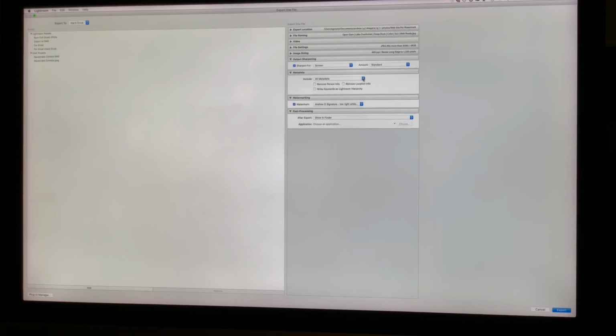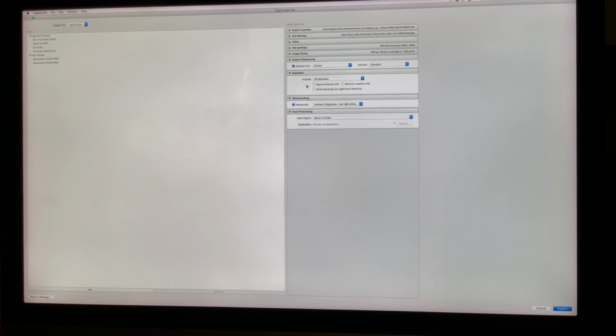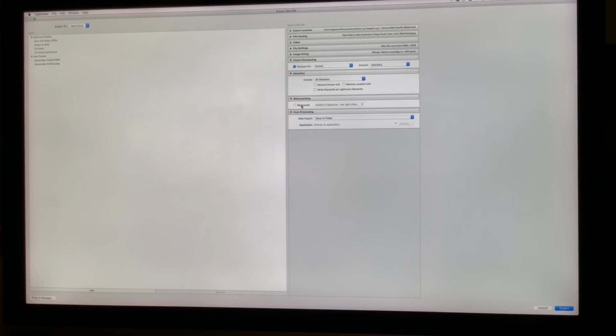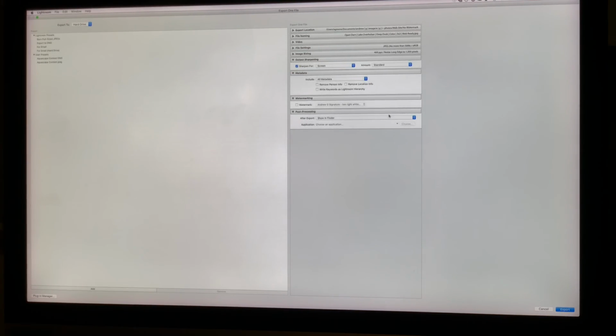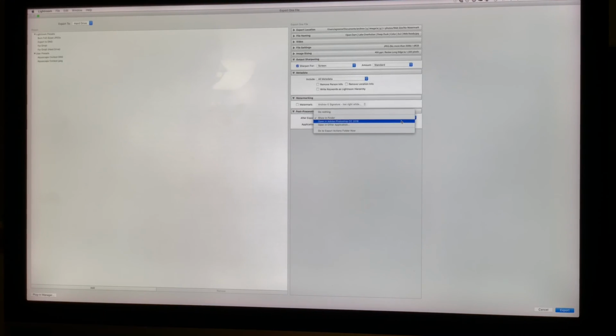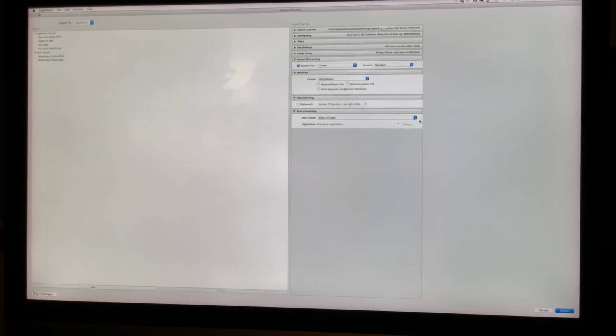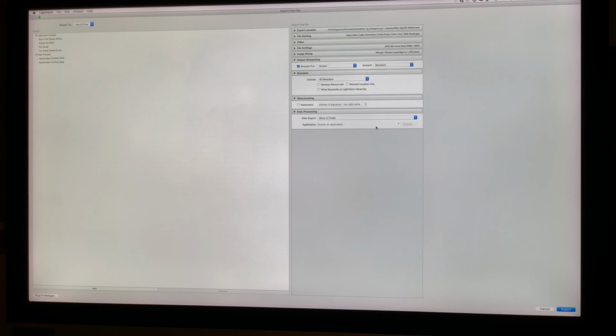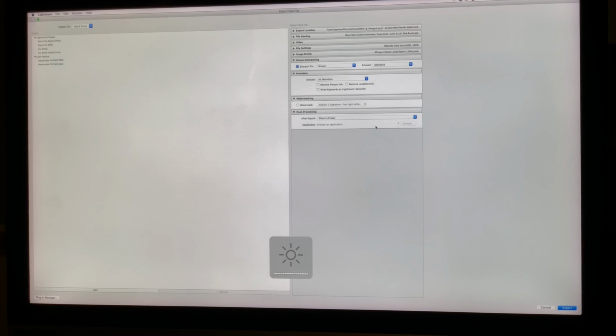And then include all metadata, and then leave all these others on the metadata area unchecked. And then watermark, we want to have no watermark. And then post-processing, I always have it show in Finder so that I can see exactly what it looks like whenever it's finished. And it will put a Finder window up for you, and you can just tap your space bar and it will give you a preview of that photo that's a really great size. So anyways,